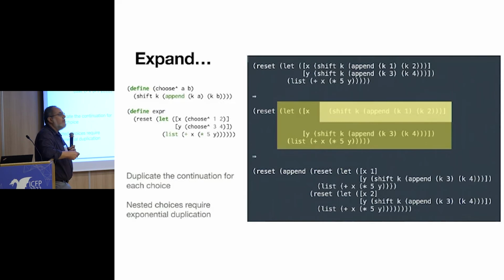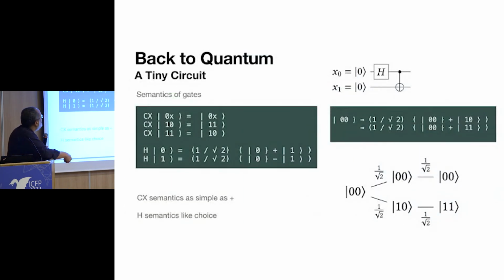Okay, and that's how continuations work. Of course, this is a textual representation of what the state is. That's not really what happens in a runtime system, but that's a good way to understand what's happening. And of course, there's another shift here, another reset here. So when you do this shift, you copy again, and you copy again, and so on and so forth. So you end up having,